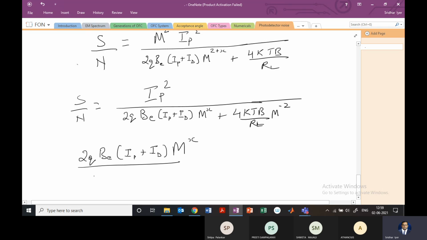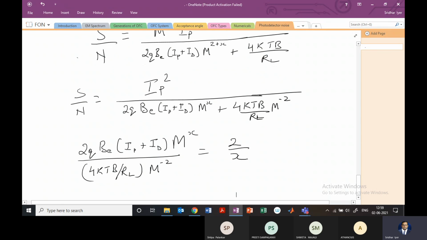And this I'll divide by the 4kTB by RL into m raised to minus 2, right? And this will happen when I get 2 by x. So this is nothing but when the signal to noise ratio is maximum, and in that case the signal and noise power will cancel each other, right? So in that case I am calling this m raised to x in the numerator as the optimal multiplication factor,